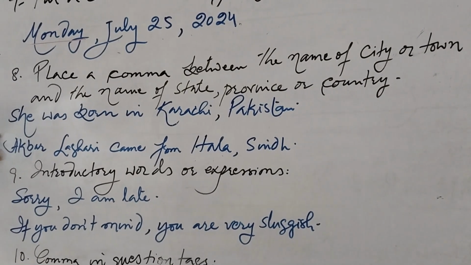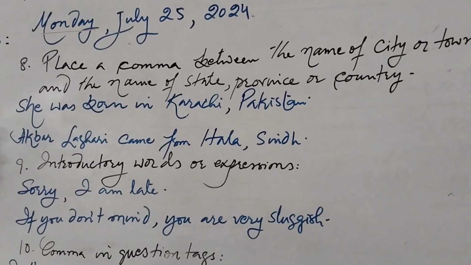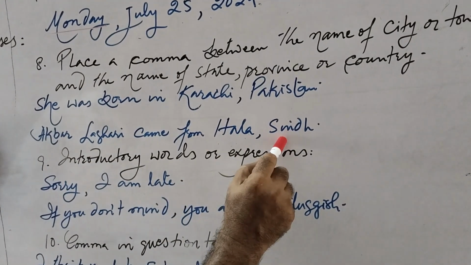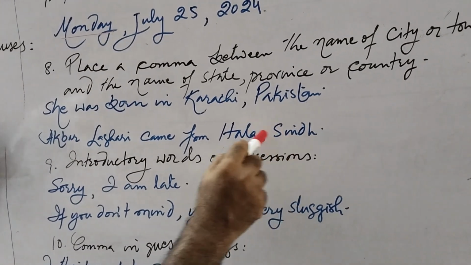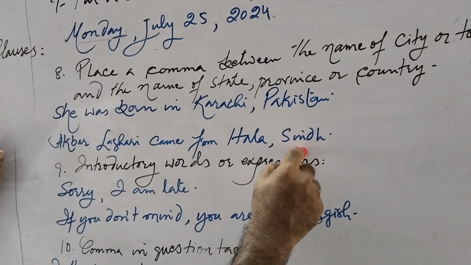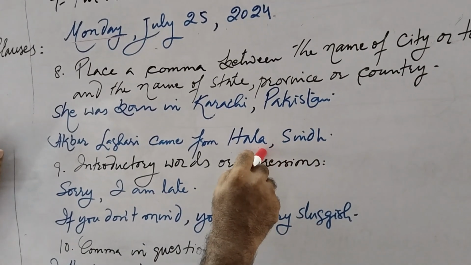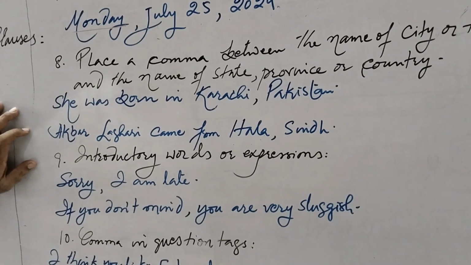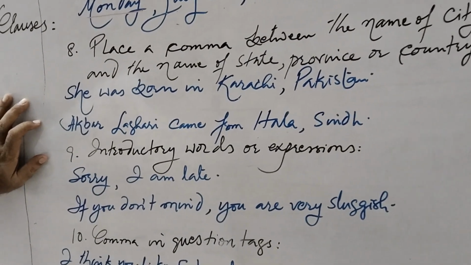Akbar Ligari came from Hala, Sindh. Here we have an example: the town is Hala, and Sindh is a province of Pakistan. We have to separate them, marking a comma here between Hala and Sindh. We have another rule to use a comma, that is